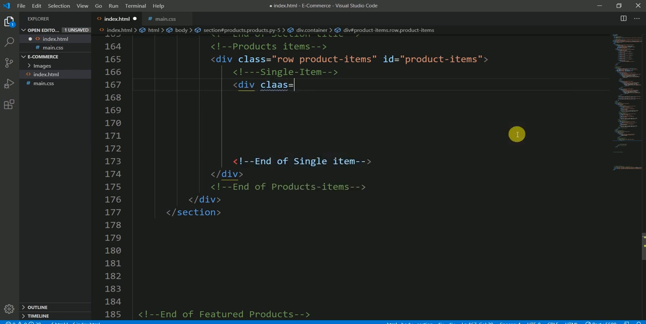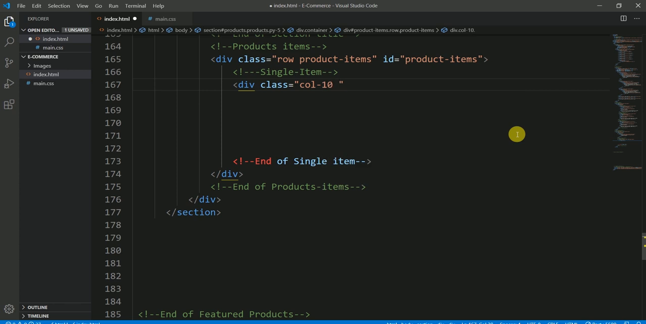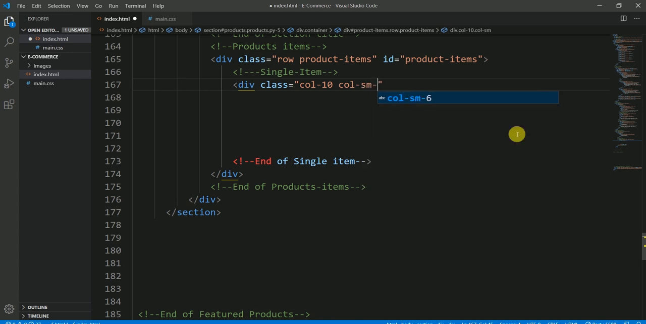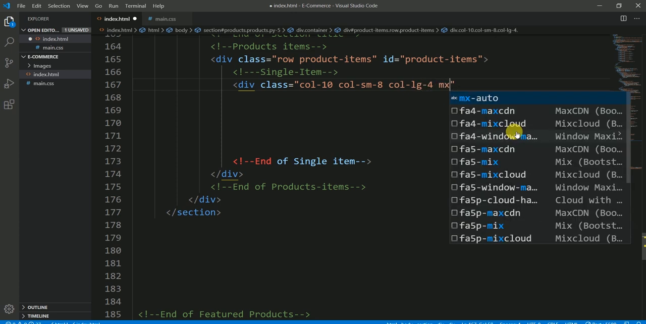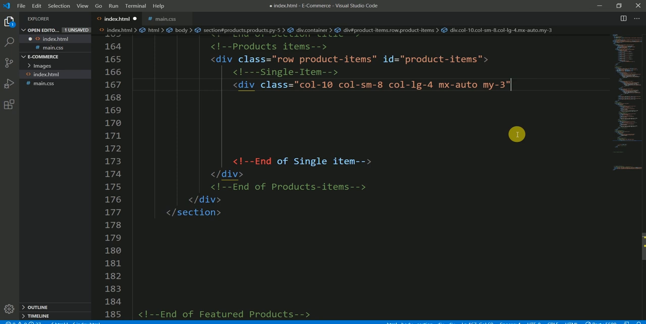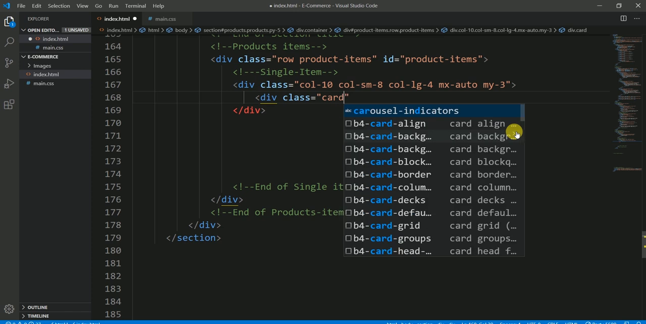Okay, div, assigning it a class, spelling of my class, column 10, and then column small 6, and then column large 4, max auto, margin top and bottom 3. And now within this I have to create another division, assigning it a class of card, because I've used the